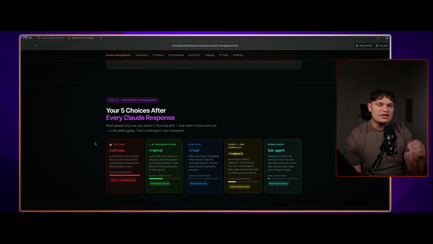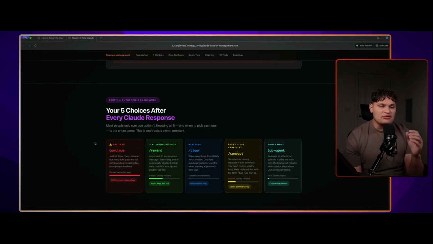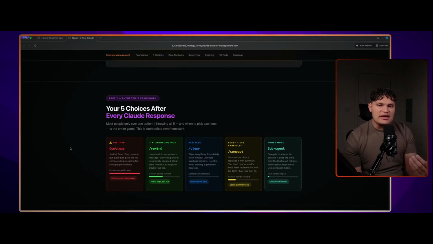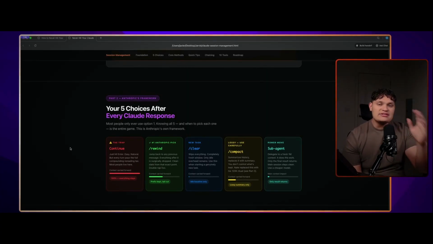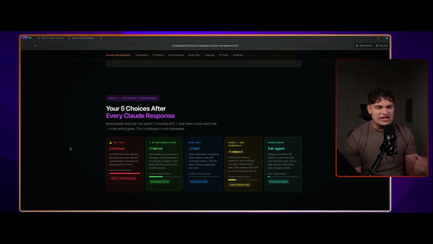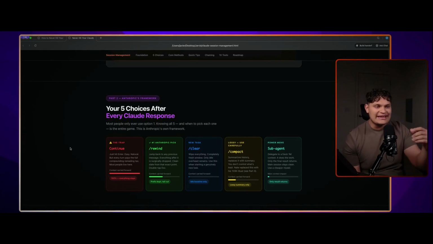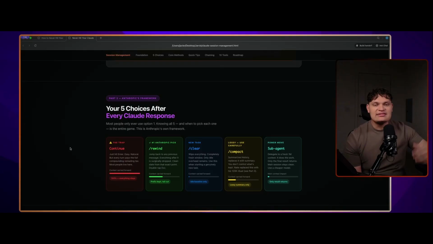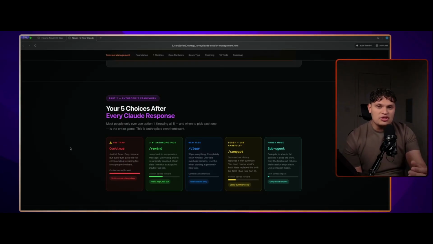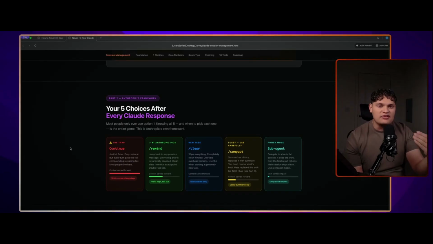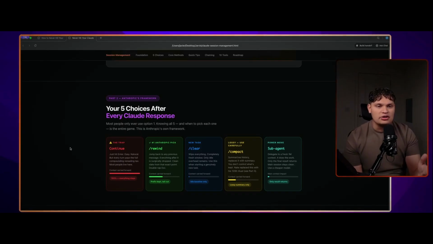The first one is going to be /rewind, which is Anthropic's favorite one. So /rewind jumps back to any previous message and wipes out everything after. So let's say I was having a conversation and it built the wrong dashboard the wrong way. I can go ahead and do /rewind. It's going to clear that context and restart from that previous prompt. And I can go ahead and add to that, right? So now that we don't have that bad data, it can build on top of itself. And that is what we call compounding. And that's the one I'm personally using every single time.